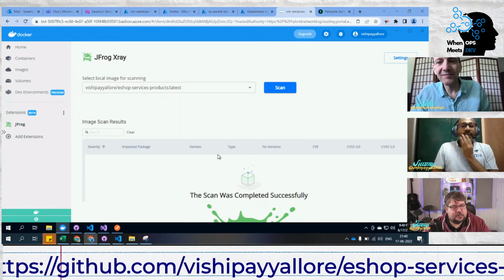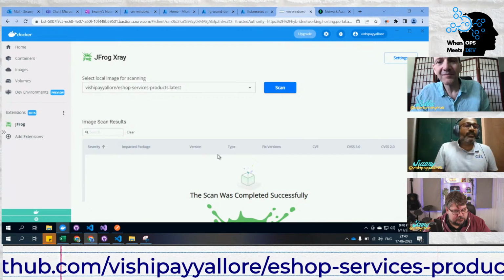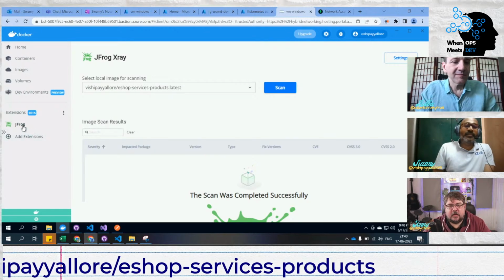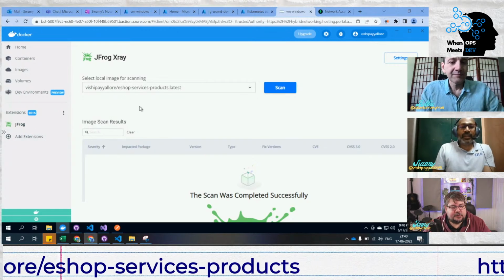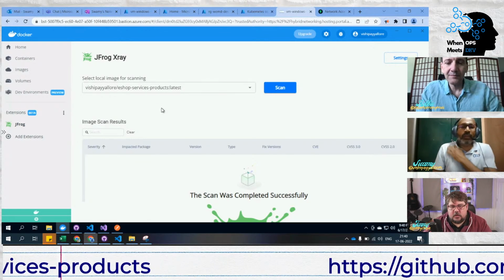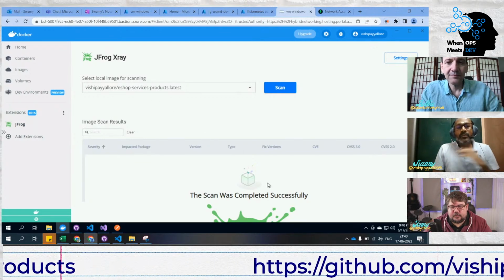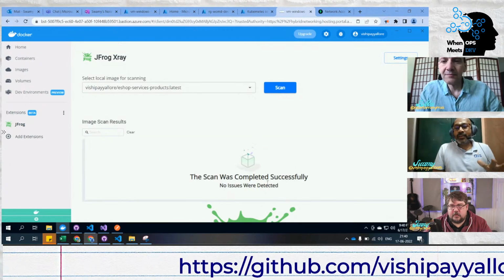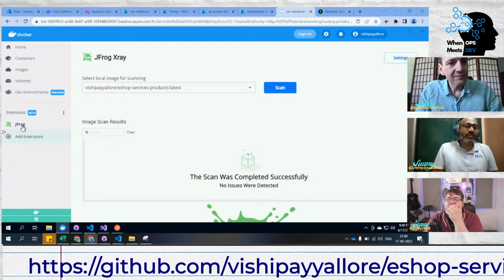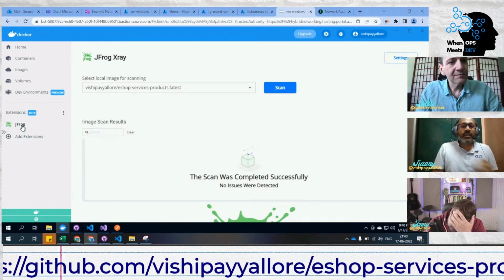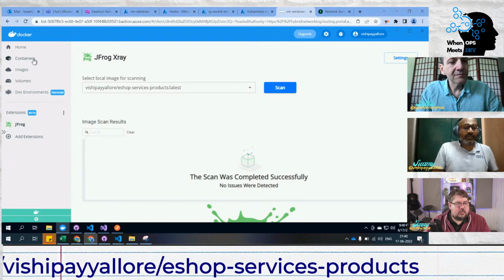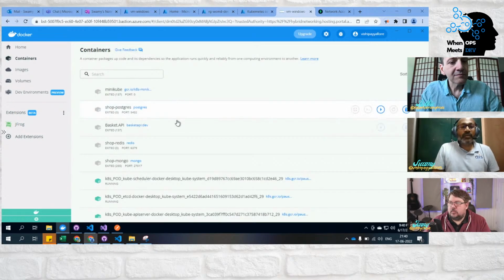Before that, let me speak about one good extension which I found pretty recently, JFrog X-ray. Whenever we have any of these images locally, we can do a scanning, and this goes and scans our image for a bunch of vulnerabilities, which is supported from this JFrog extension. I really liked it very much. And coming back to our story,